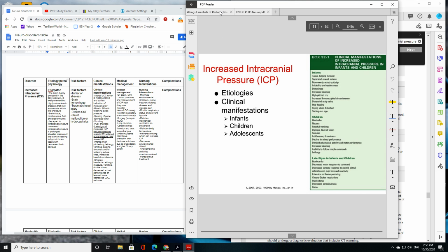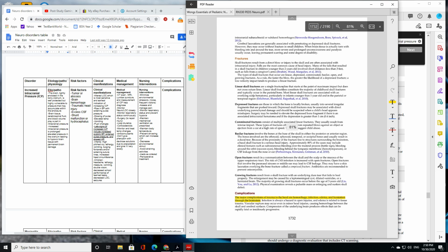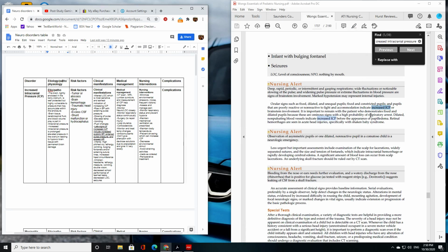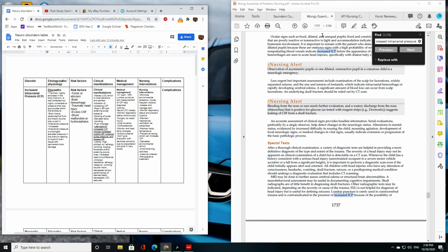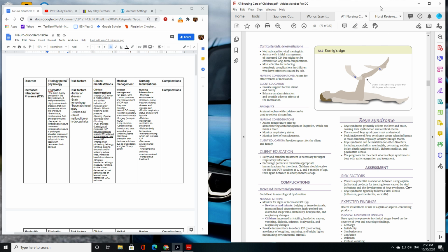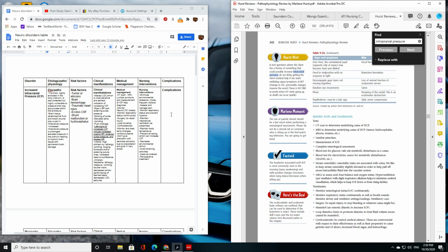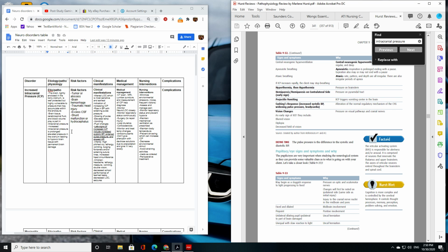I find the information. I can go through my official Wong textbook, and if I can't find what I'm looking for there, I'll find other ways to answer my questions. For this particular one, I went with my old Hurst book, which I put the etiology, what is it, what causes it, risk factors, what causes it,